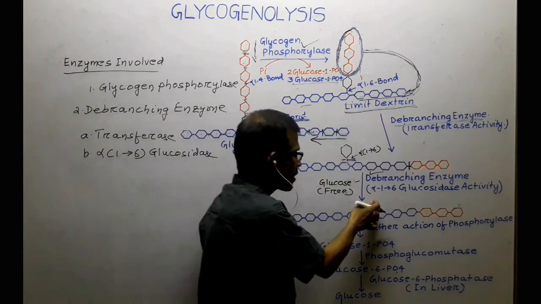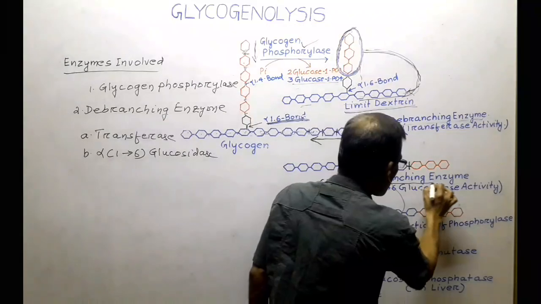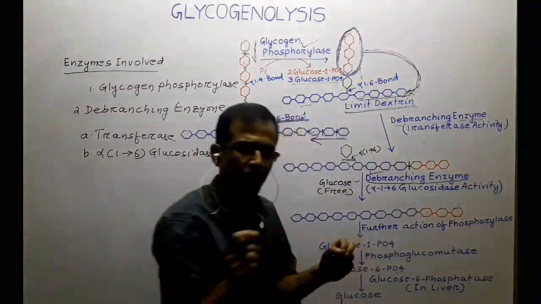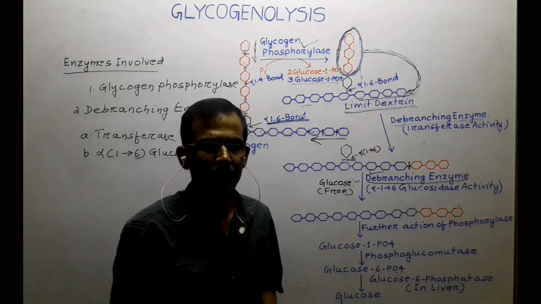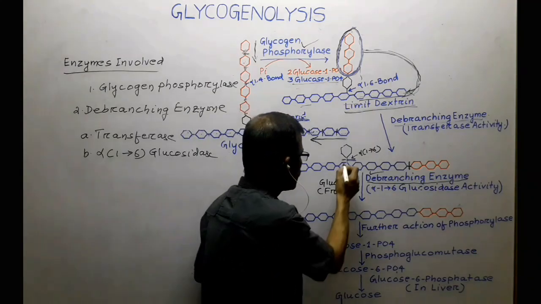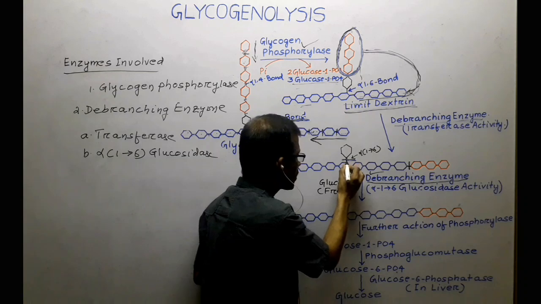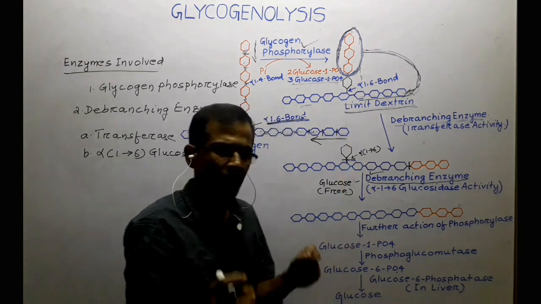In the next step, the same debranching enzyme by its alpha-1,6-glucosidase activity cleaves the alpha-1,6 glycosidic linkages, thereby yielding